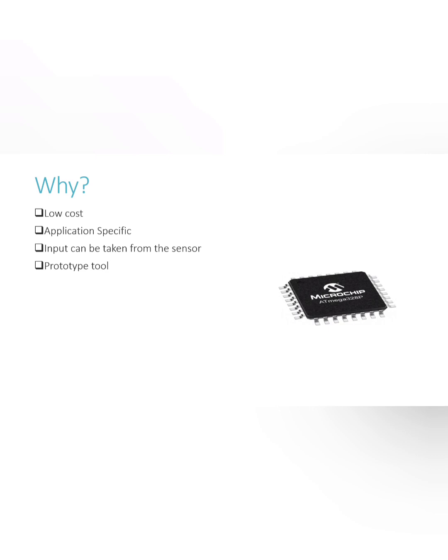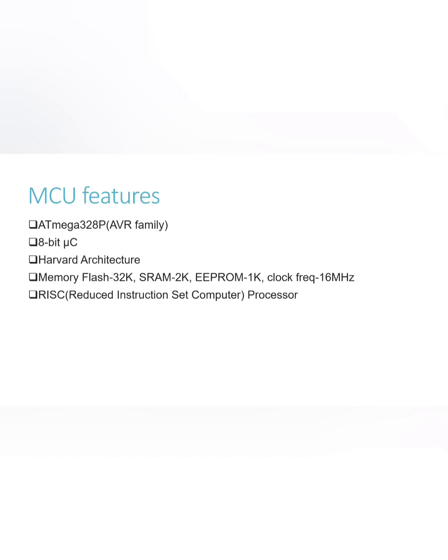Now I am explaining the Atmega 328P MCU features. You should know terms like which architecture it belongs to, which type of instruction set it has, and clock frequency. It belongs to the AVR family developed by Atmel. It is an 8-bit microcontroller, which means it processes 8 bits at once. Harvard Mark first proposed Harvard architecture.